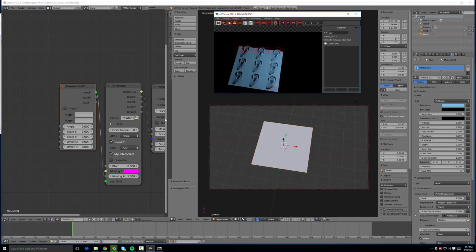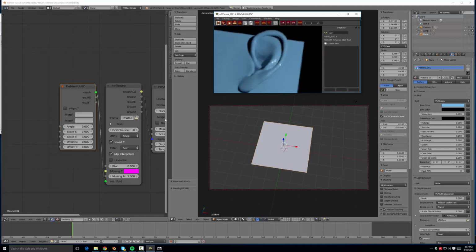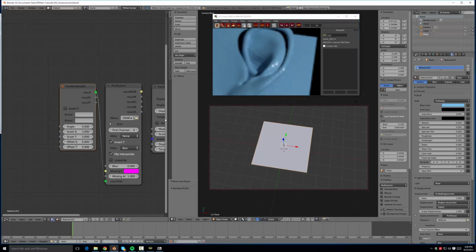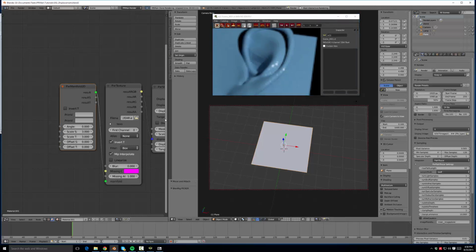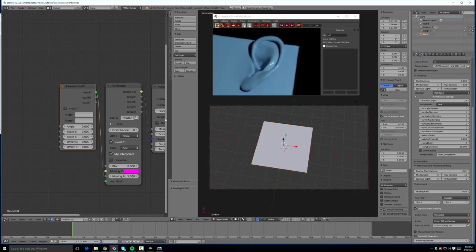How awesome is that? There are some downfalls to vector displacement, like you really need to avoid seams and whatnot. But otherwise, it's a very useful, very cool tool. And you'll notice when you zoom in, you have a little bit of faceting. You can fix that with the shading rate in Renderman. That's very easy. Come over to the render settings, come down to advanced, and change the shading rate to like 0.5. Then if we hit render again,